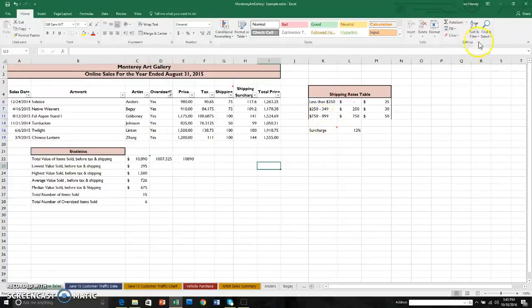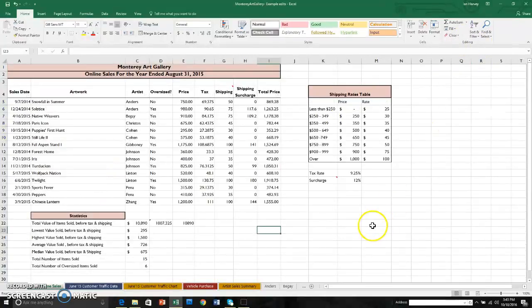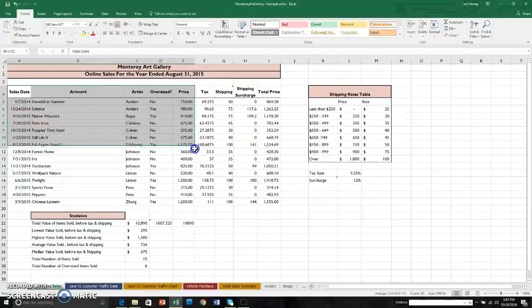To undo the filter, all we have to do is come back up here and again select the filter button, and it undoes the filters and gets rid of those down arrows. Okay. Now, a nice way that we might see this information is in a table. So once again, we're going to select all of this information,